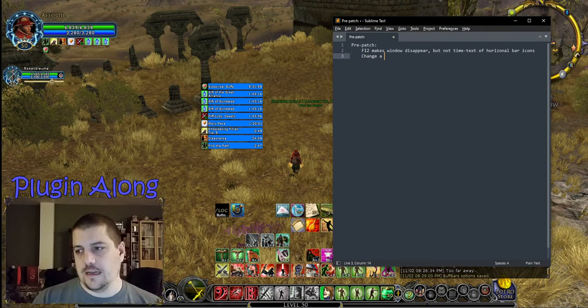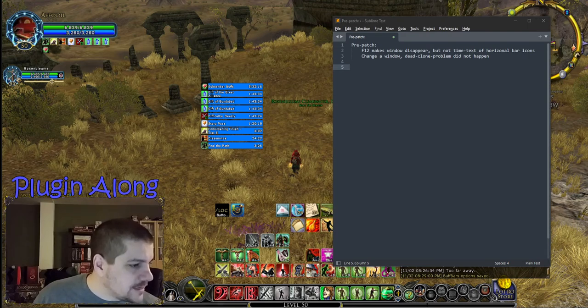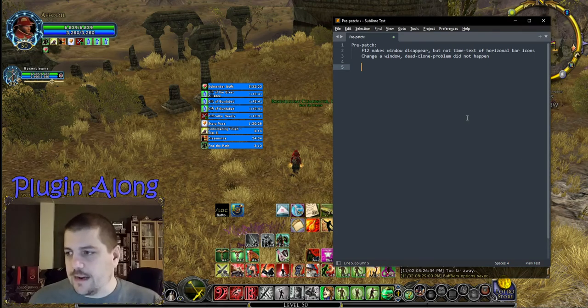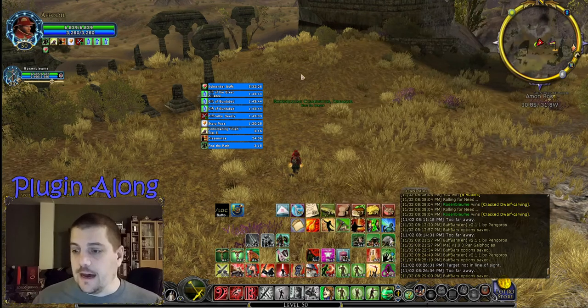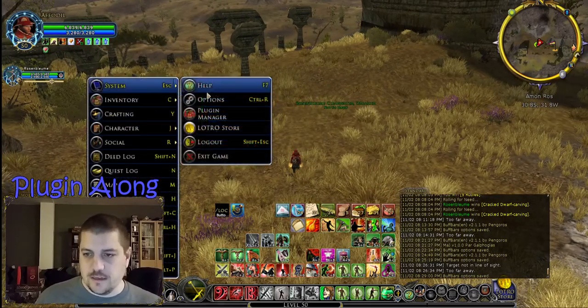Change a window, and the dead clone problem did not happen. Okay, and what was the other? Doesn't disappear with F12. They make a change, you get a non-updating copy. And there was an update, potions for cooldowns. Okay, we'll come back on that. Sounds like you had that in hand, but now that we've seen those in the original version, let's come back